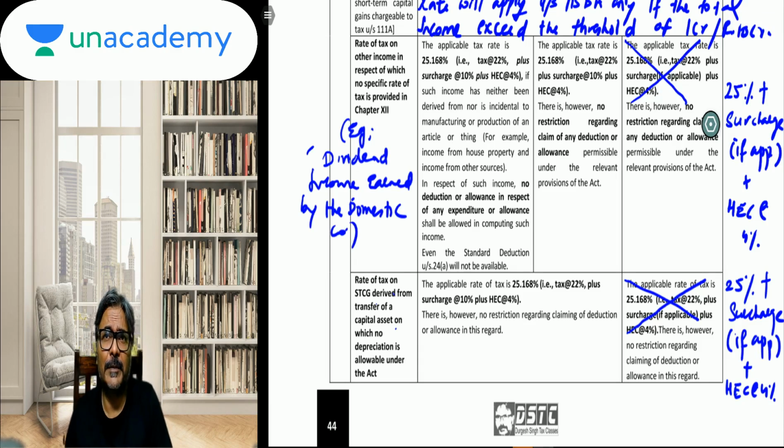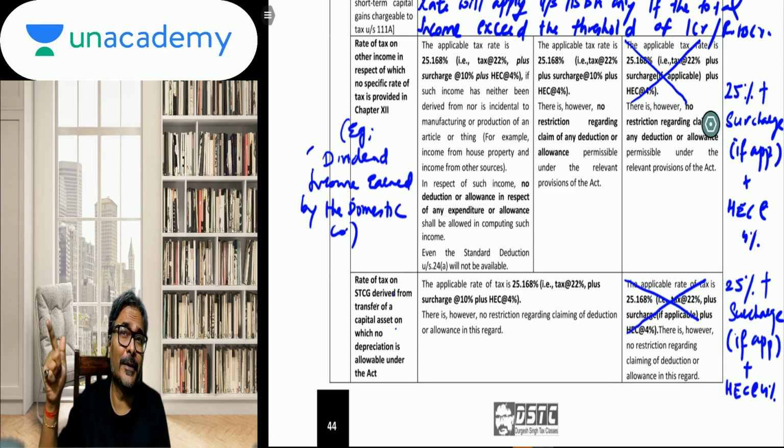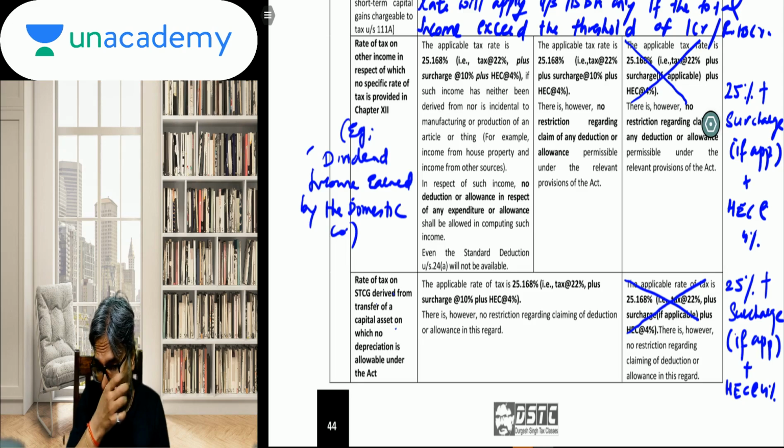Because we are doing domestic company. A non-resident or a foreign company earning a dividend income, is there a special rate for that? Do we have a special rate if a non-resident or a foreign company is earning a dividend income? The answer is yes. We do have a special rate under 115A, and the rate is 20%. In fact, that particular discussion we already had in the taxation of dividend topic. With effect from assessment year 21-22, the new taxation regime for dividend taxation has been applied.